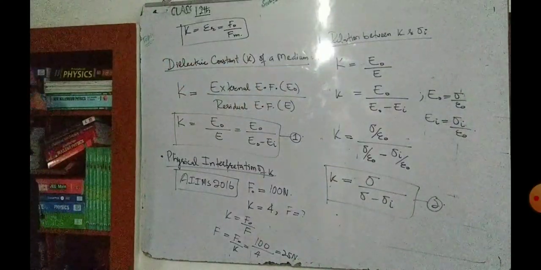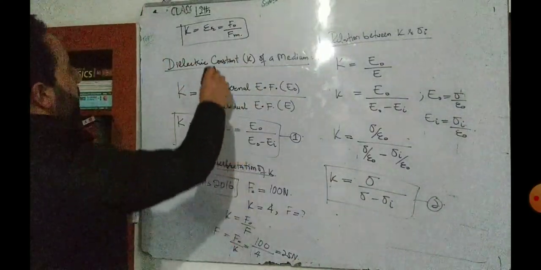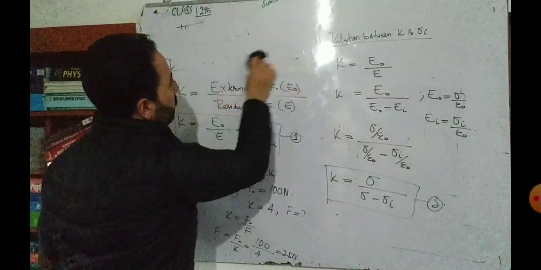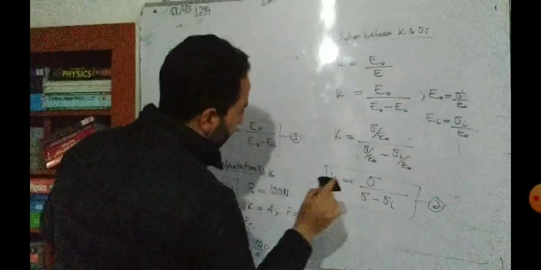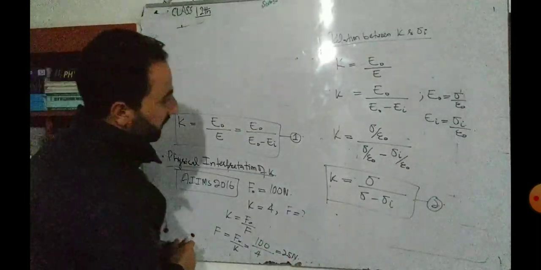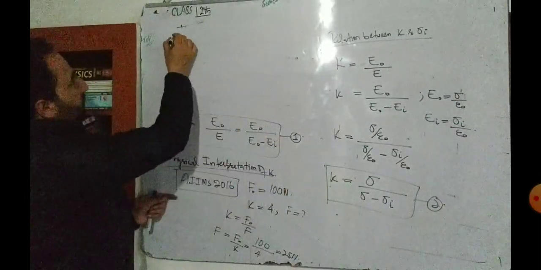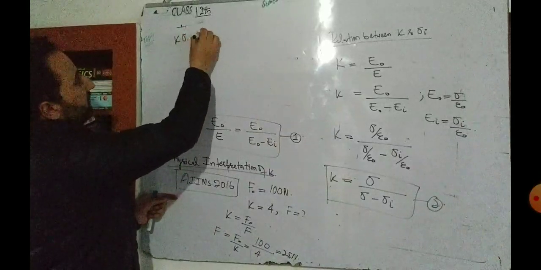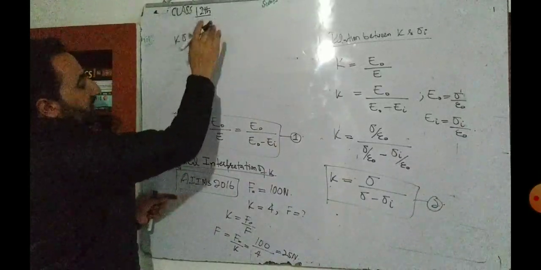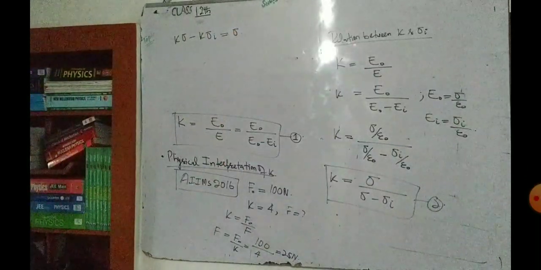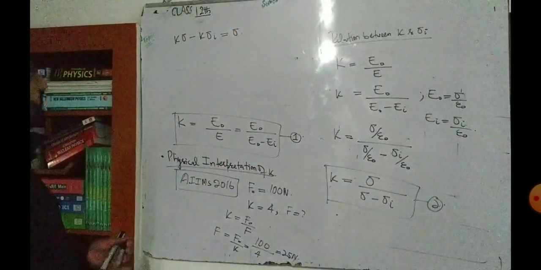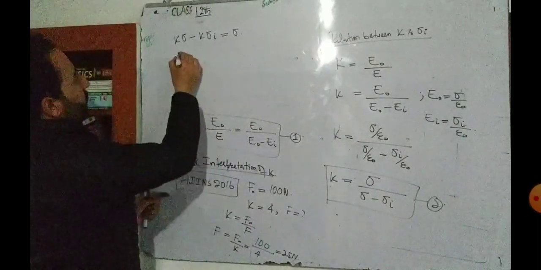ये आप लिखो यहाँ पर. Pause screen and write it down. One more equation. There's one more equation, and that will follow from here, from equation number 2. और एक equation लिखते हैं बेटा. Let's go for the cross multiplication. So I say K sigma minus K into sigma I is equal to sigma. ठीक है ना बेटा? Okay, now I will try to calculate sigma I. So it will be K